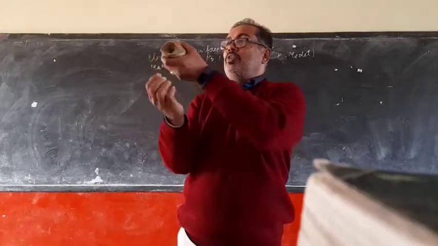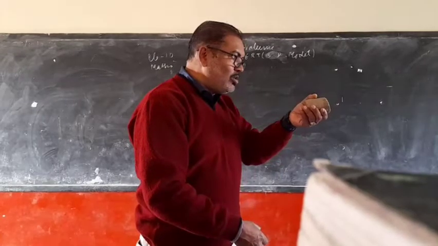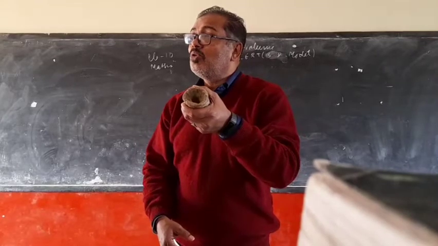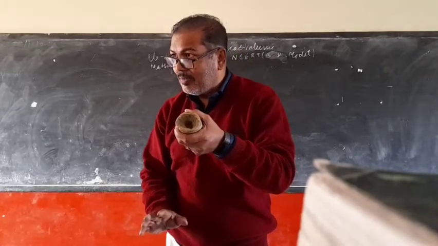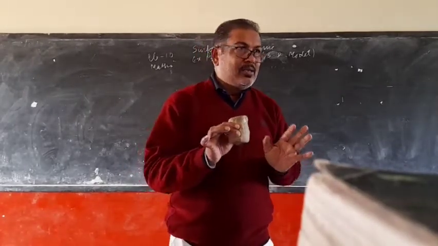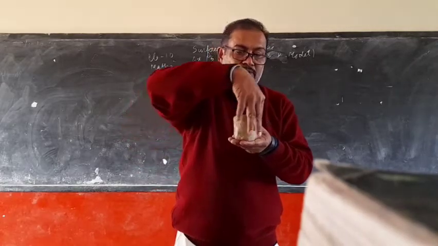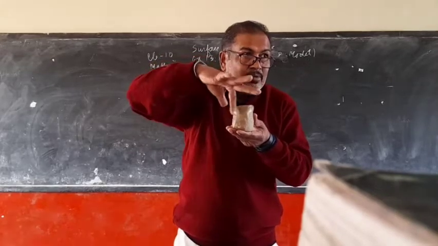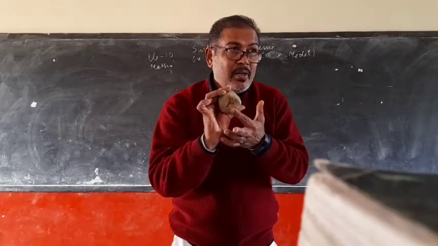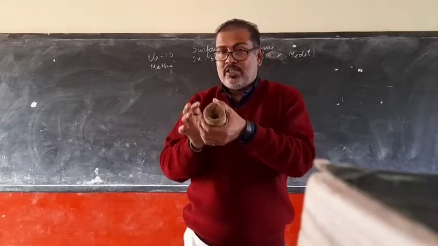Look carefully at this figure, children. What is visible inside here? For this, which surface area do we need to find? So for lateral surface area, what will we need to find, children? We will need to find L. Now from this model it is very clear, crystal clear, what area we need to find. How can we find the total surface area? Total surface area is equal to lateral surface area of cylinder plus area of the circular base plus lateral surface area of the cone. Is it clear from this figure, children?